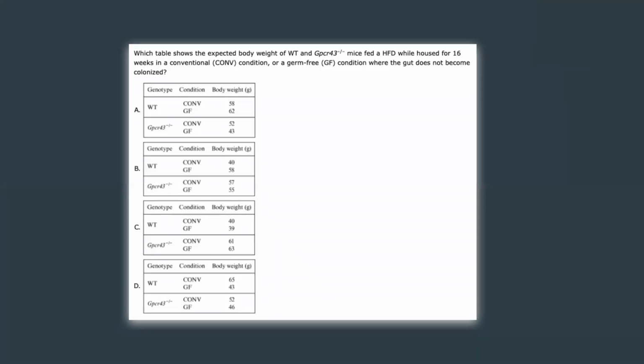I think that's an implicit question. Cool. What do you think is being implied here? What's the implicit part? What part did you not see in the passage? We didn't talk about a germ-free condition. Okay, germ-free. So what does germ-free mean here? Where the gut is not colonized. Cool. Do you remember the main topic from when we reviewed the passage at the very beginning?